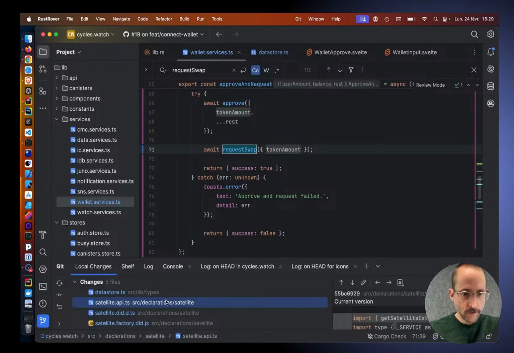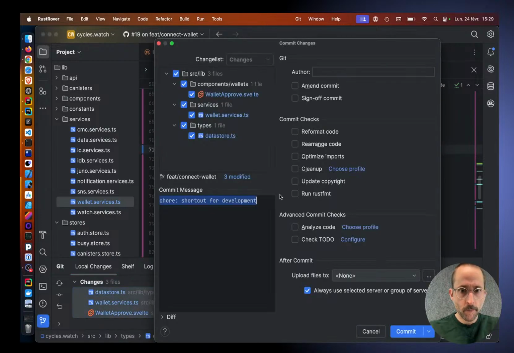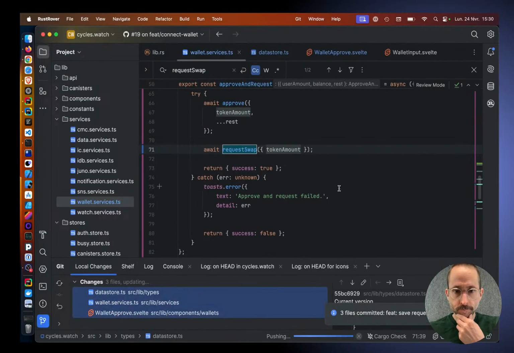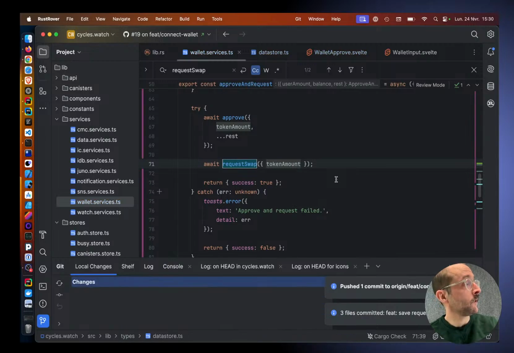All right. So save token, ICP, requested ICP amount. Okay. Great. Now that we have this,